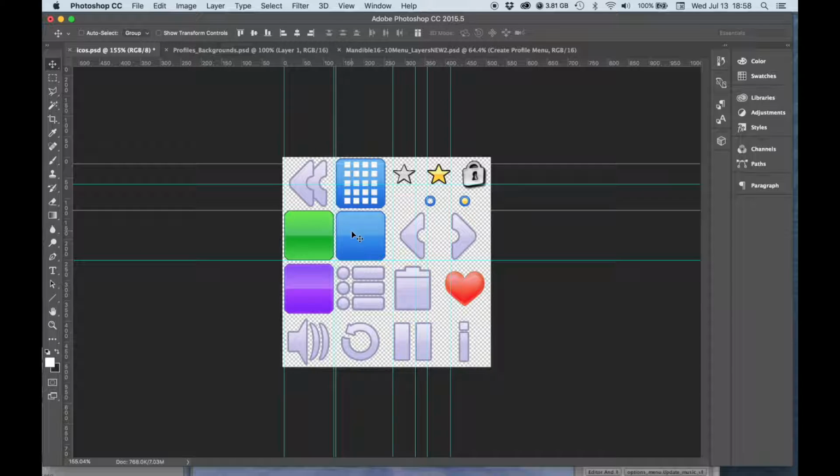So these are the buttons or images that are the default for the profile menu,